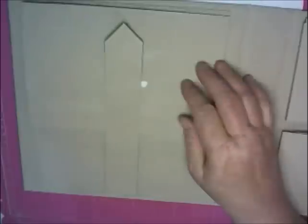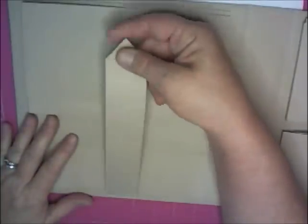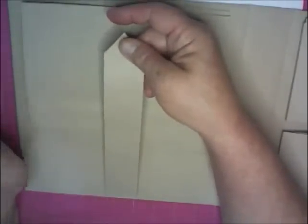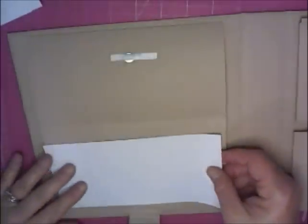Now for the inside, because on this one I'm using the craft cardstock. On my other album it was made with the bright white, and so I used more of an ivory in the inside. So I am using the white cardstock. Now what's nice about this is just from Walmart. It's the printer cardstock or craft. It's not super duper heavy,